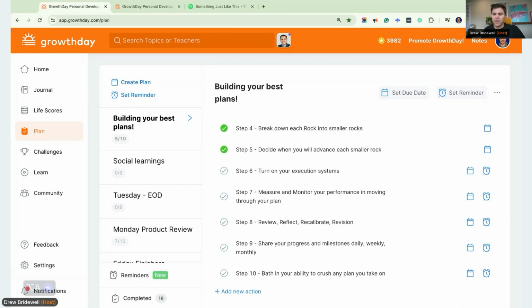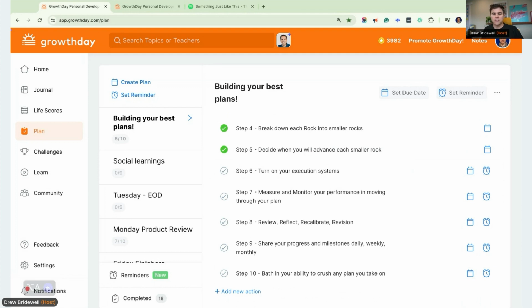But the execution systems that I need to create are like, what's the end-to-end flow to bring something to life? And for all of your plans, or anything that you're taking on, think about what your end-to-end flow is for making something happen, or working through a project, or working through a new habit. What does the end-to-end look like? Can you visualize it? Can you draw it out? Can you write it out?